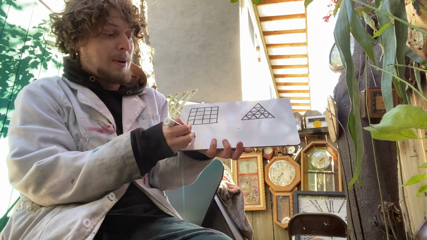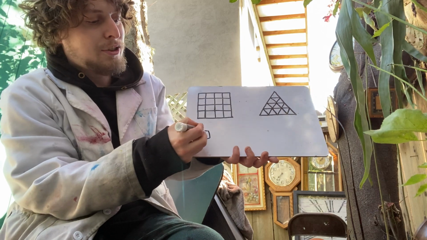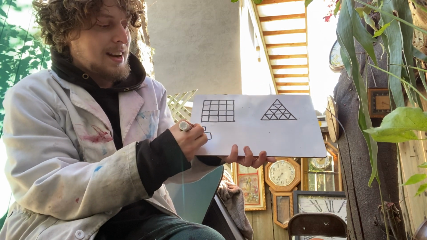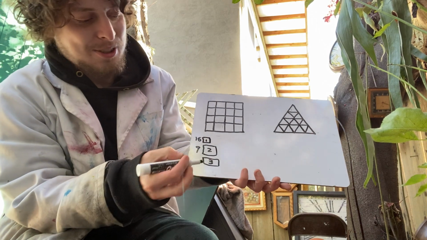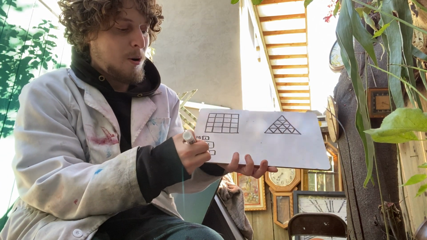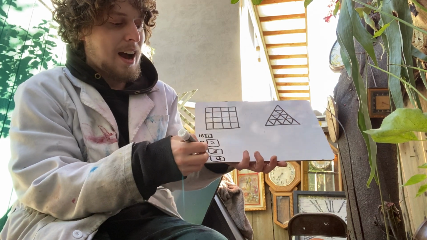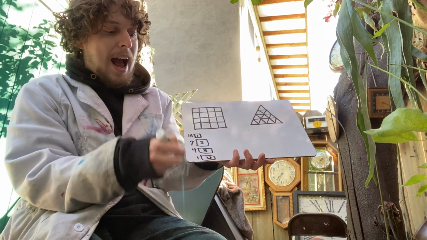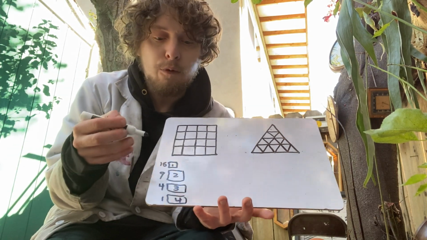How many 2 by 2s? I'll write the size of them in here. How many 2 by 2s? We got 9. How many 3 by 3s? Pretend that's a square. We got 4. And how many 4 by 4s? We got 1. And if we add all of these up, that number, the sum of the first 4 squares,